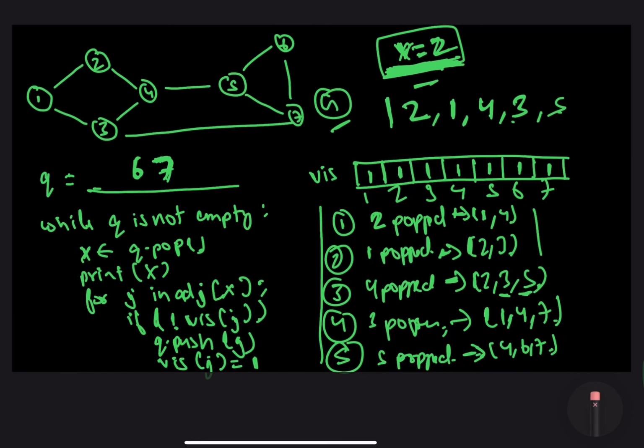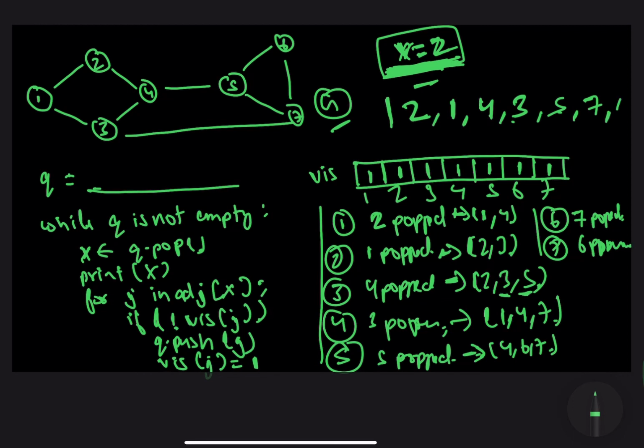And then in the sixth iteration, since 7 is the frontmost element over here, 7 will be popped, and we will append 7 over here as well. Now all the nodes adjacent to 7 are 3, 5 and 6, and since all of them are visited, all of them will be skipped, and the last element in the queue is 6, so 6 will be popped in the next iteration.